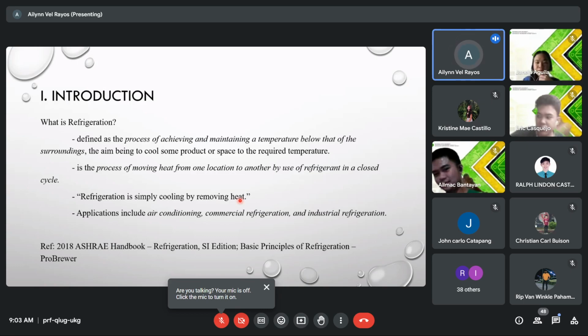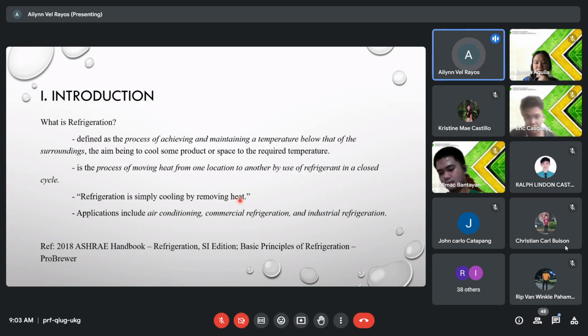We have a distinction, or we have the difference. We can differentiate refrigeration and cooling. Kasi although refrigeration is